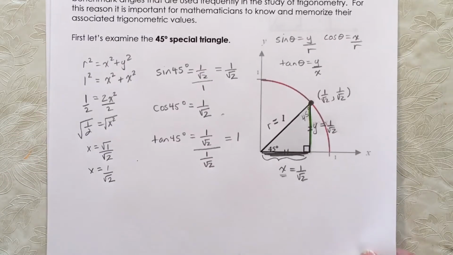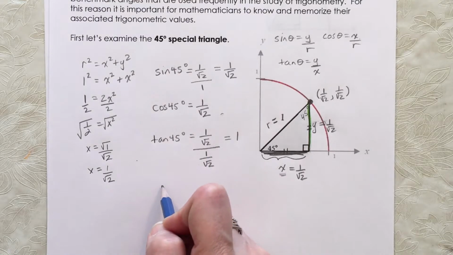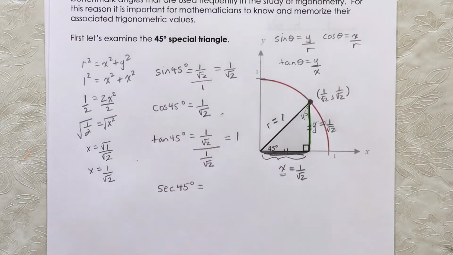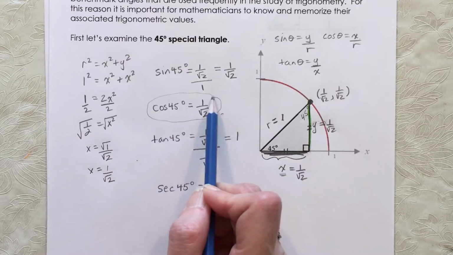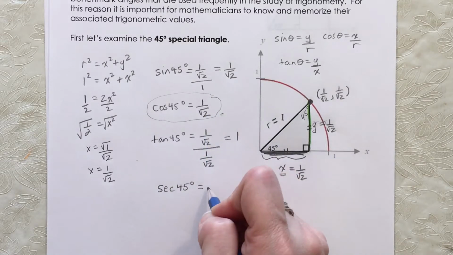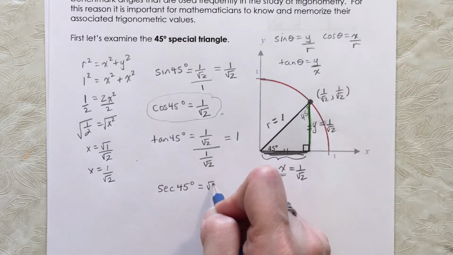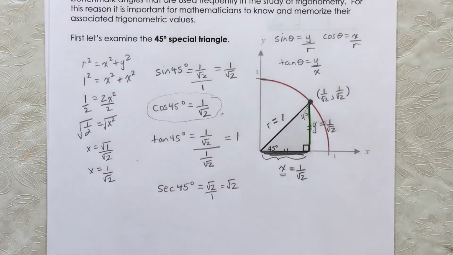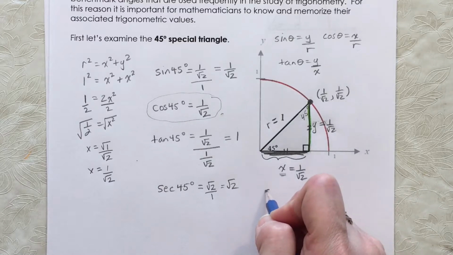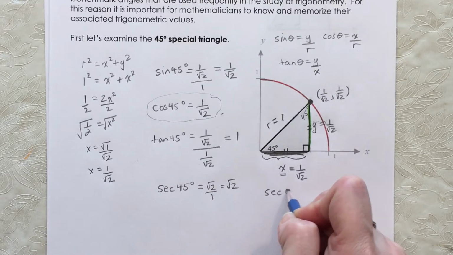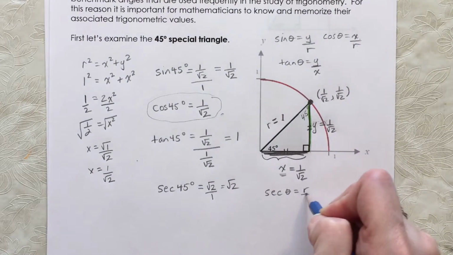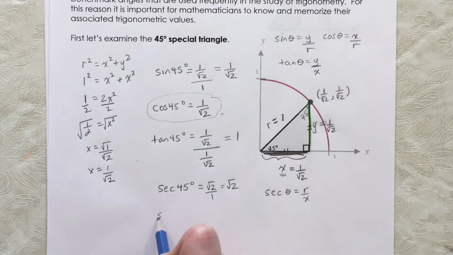Now say I wanted its secant. There's a couple ways to think about it. One of them is that, well, if we know its cosine of 45 degrees, we know that if we flip that upside down, we would get its secant. Or if you go right back to the definition, sec theta is the upside down of cos, so r over x. So if we looked at it that way,